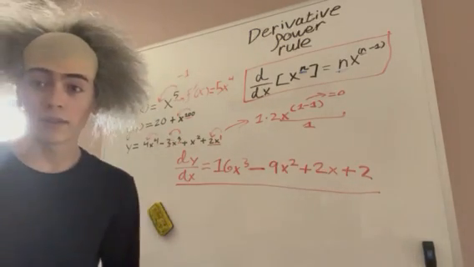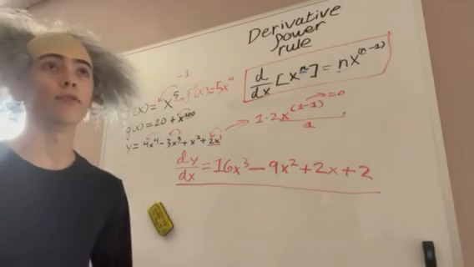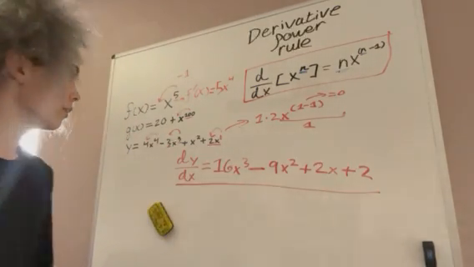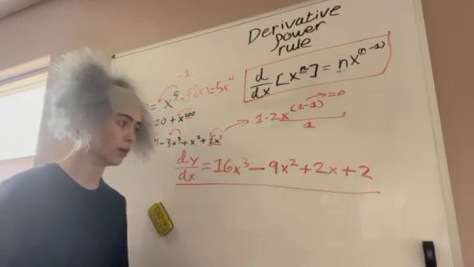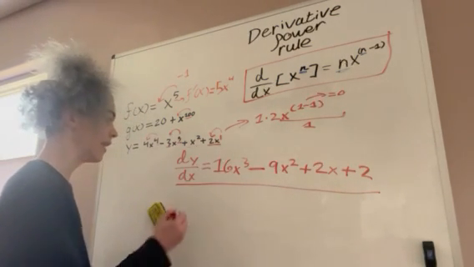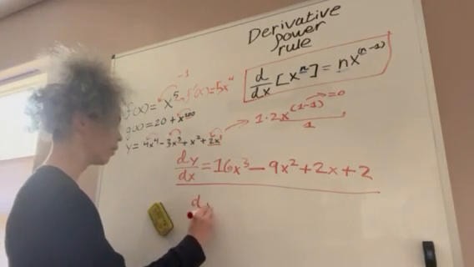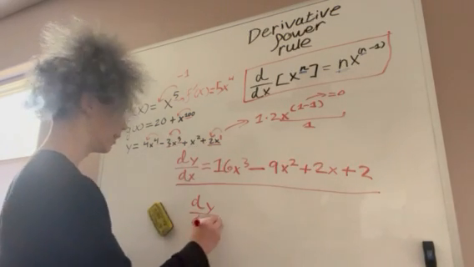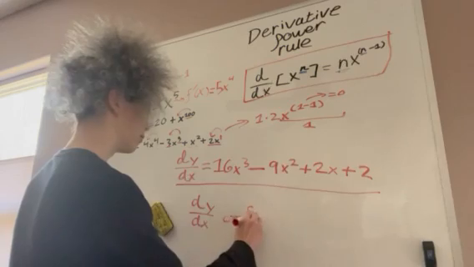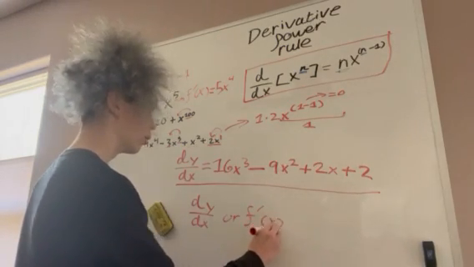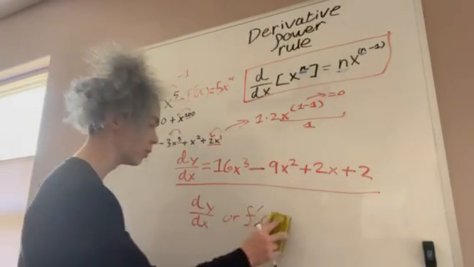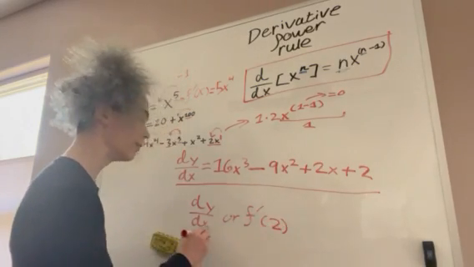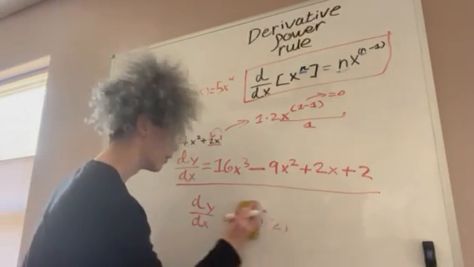And now I guess the next step, if you're in a calculus class at this point, is that a textbook or an assignment might say, okay, now find the derivative of y with respect to x, or f prime of x when x equals 2. So that'd be worded as f prime of 2. Or here's one that I forgot to note in my